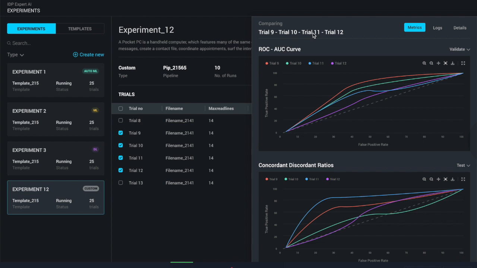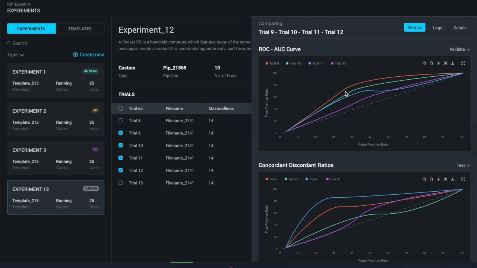The experiment framework within RazorThink AI is what powers the ability of the data scientists to scale their efforts. An experiment is a parameterized pipeline that provides the ability to tune multiple parameters such as engineered features, model hyperparameters, structure, and preprocessing. It also enables a mechanism where you can compare multiple trials of an experiment and you can view their metrics, logs in a consolidated fashion so that you can take the best one out of it.